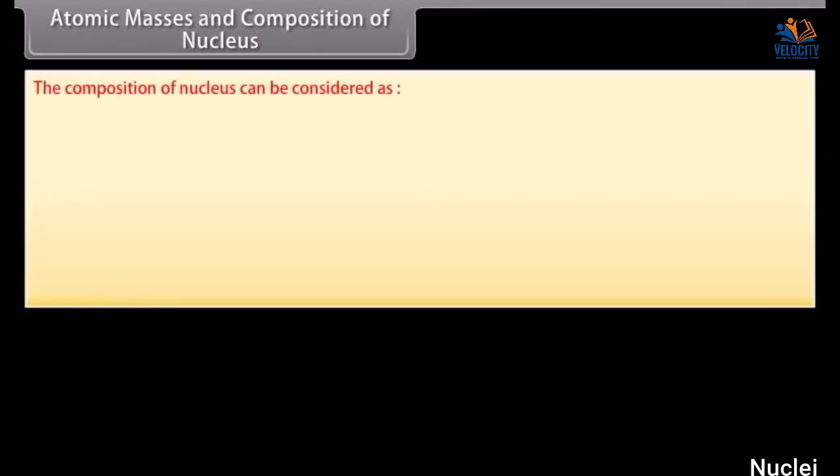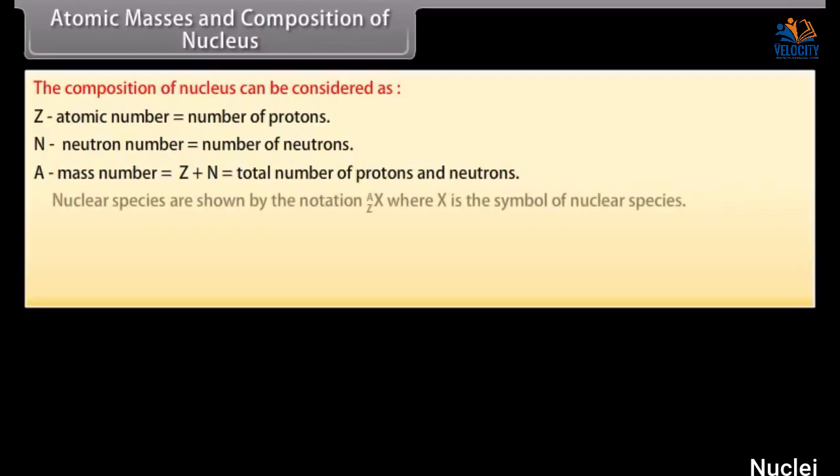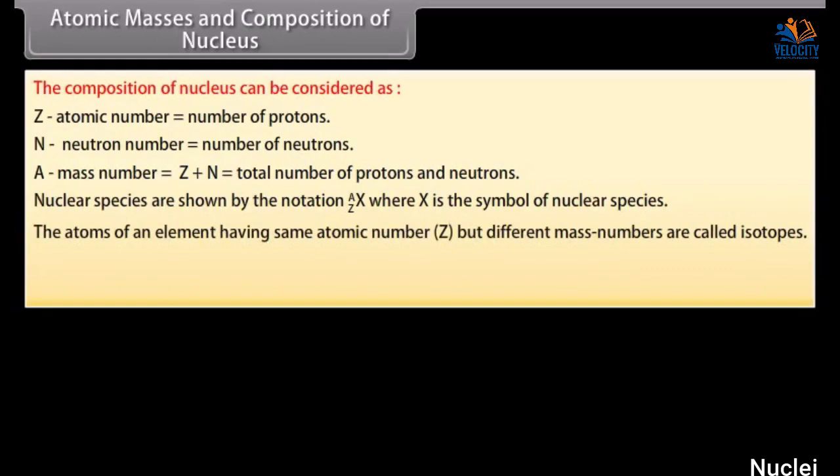The composition of nucleus can be considered as: let Z be atomic number, which is equal to number of protons. Let N be neutron number, which is equal to number of neutrons. Let A be mass number, which is equal to Z plus N, which is equal to total number of protons and neutrons. Nuclear species are shown by the notation where X is the symbol of nuclear species. The atoms of an element having same atomic number, that is Z, but different mass numbers are called isotopes. For example, isotopes of hydrogen are